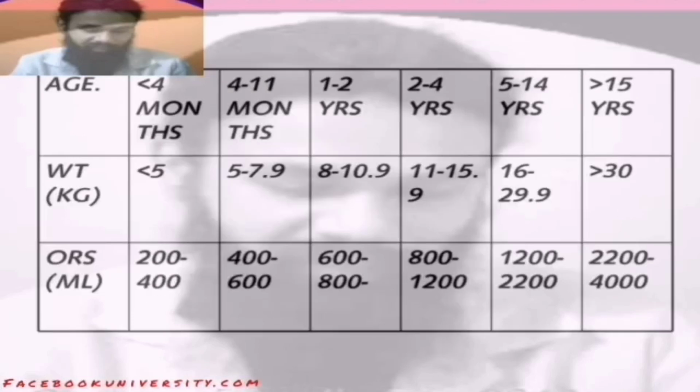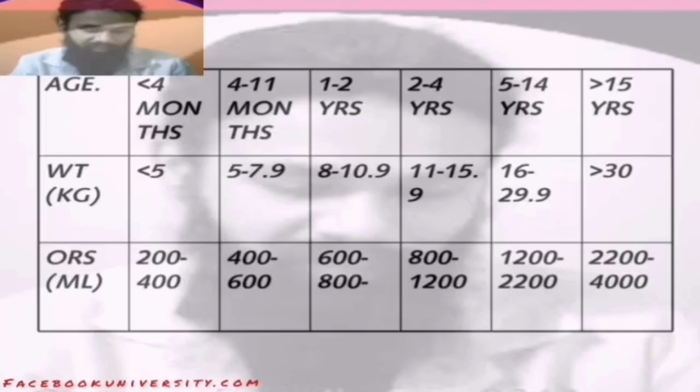Okay, so here you can see different things: weight in kilogram of body and ORS in milliliter. How much amount will you give? So it is like this. For less than 4 months of age and less than 5 kilogram of body weight, 200 to 400 milliliter of oral rehydration salts can be given. For 4 to 11 months of age and body weight between 5 to 7.9 kilograms, you can give 400 to 600 milliliters